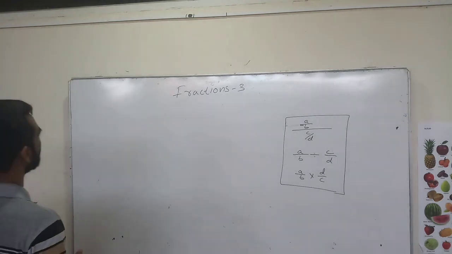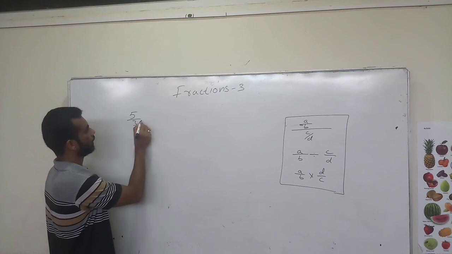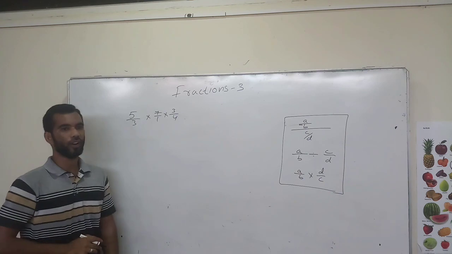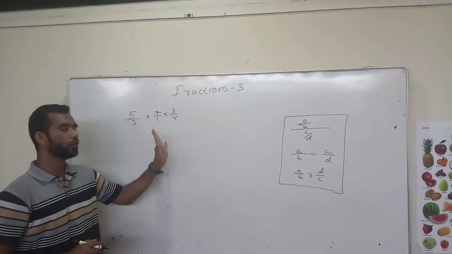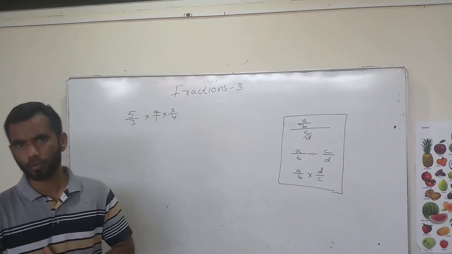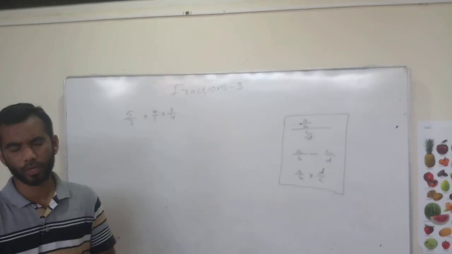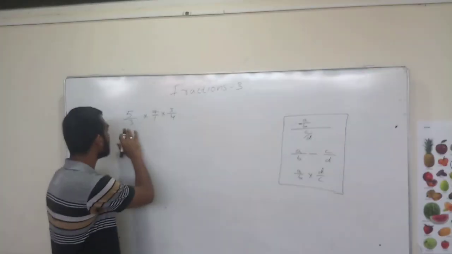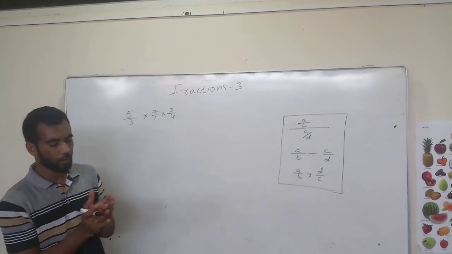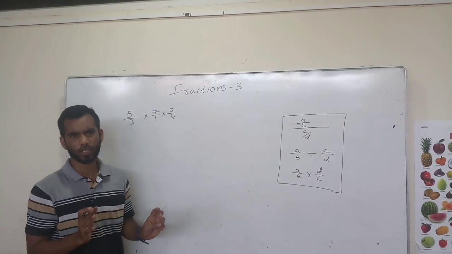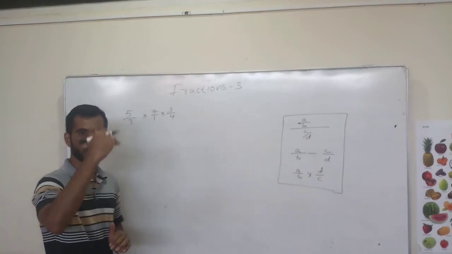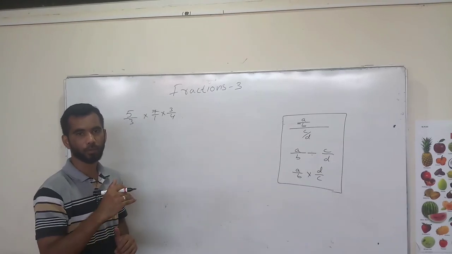Now we will see the multiplication of fractions. So 5 by 3 into 7 by 1 into 3 by 4. Now the numerator should multiply with the numerator and the denominator should multiply with the denominator. We need not go for like fractions. In the previous topic we saw that if the denominators are different, unlike fractions should be converted to like. But in this case it is not necessary. For multiplication and division, we need not go for like and unlike, we can directly do the problem.